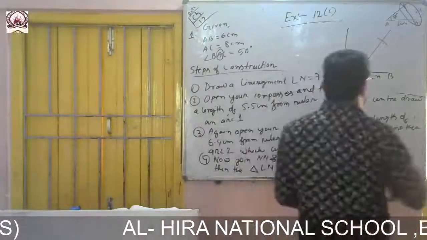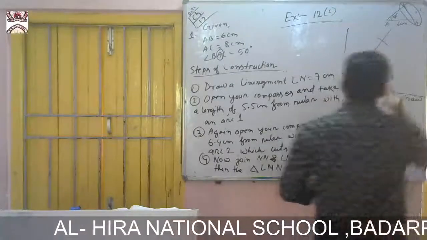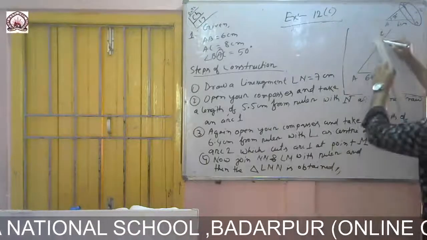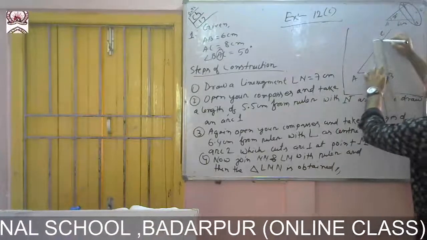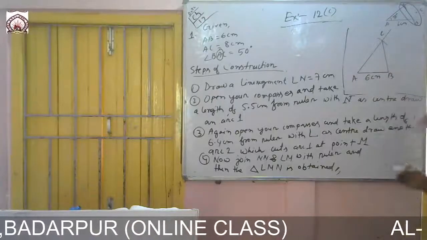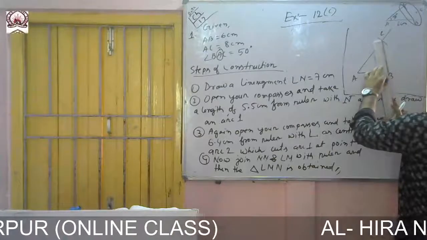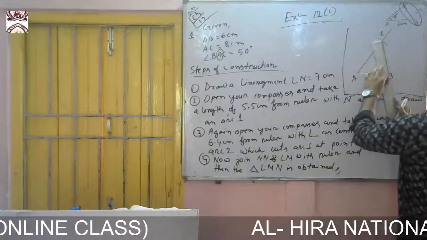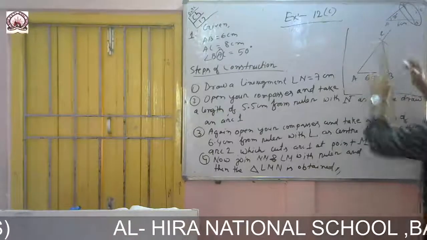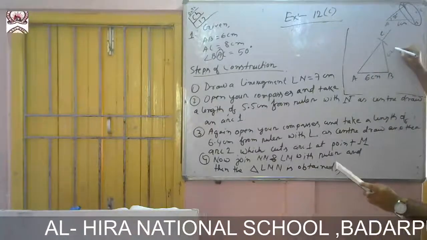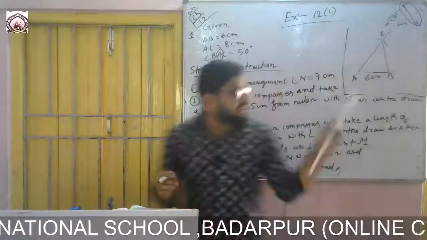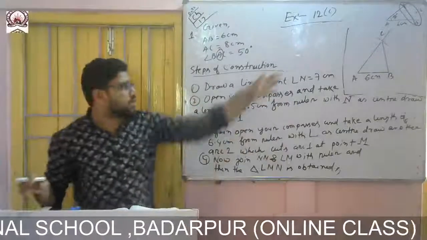This point of intersection will be C. A, B, C. Now join this point of intersection and this one. Now with your ruler measure this one. Suppose here I got 6.2 or 6.3, like this it is coming. Whatever in your copy it will come, it is exact. My one is not exact. 6.2 or 6.3 like this it will come.